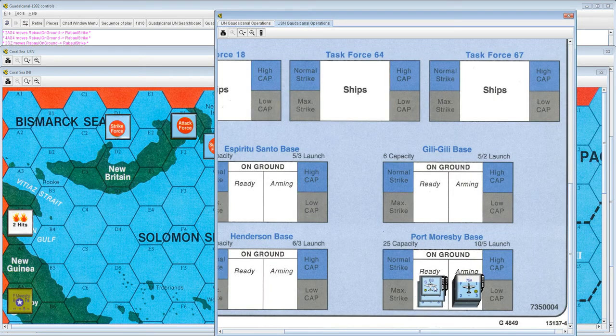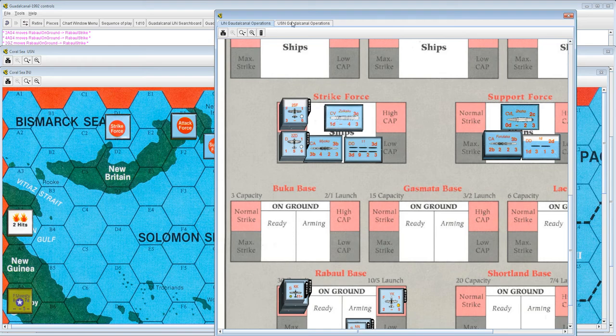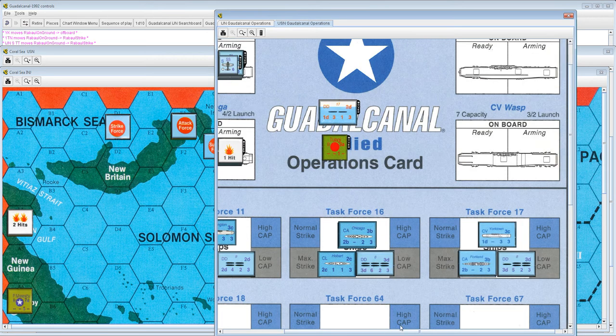And now it's pretty clear what's going on here. We can see a massive buildup of Japanese air units. Pretty clear that it's going to be a strike against Rabaul. Or against Moresby, excuse me. So we'll put up both of our fighter groups into the high cap box there to try to do some damage to the Japanese. And then also we'll move this scout into the normal strike box. Okay, all right. So that's it for the, oh no, and then over here,